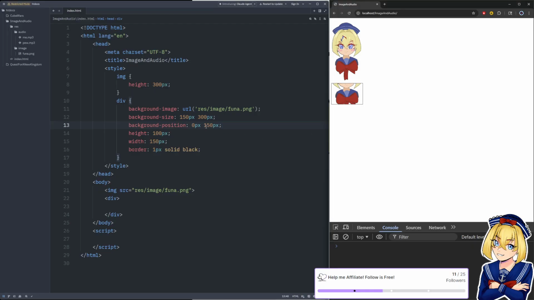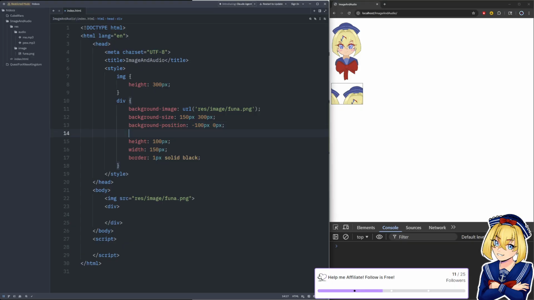Okay, so this does work pretty much how I expected it to. So if we have 0 pixels and 0 pixels and we refresh, then nothing's changed. This will shift it, I believe, to the right. Let's try 100 pixels. It actually looks like it shifts it to the left. And why is it duplicating? I'll show you in a second. So it shifts it to the left 100 pixels. So if we did like minus 100, now it's shifting it to the right.